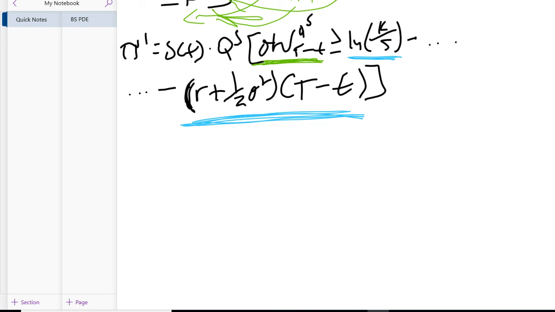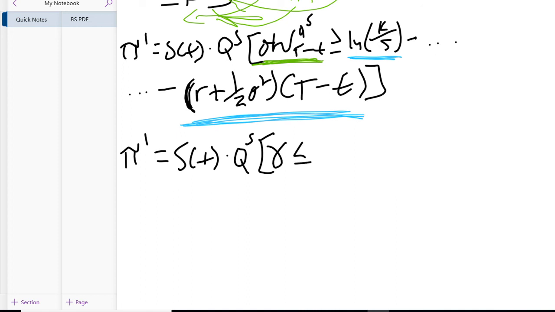So I'm going to flip the sign and therefore negate the other side, leaving that pi 1 is equal to S little t times the Q^S probability that some standard normal random variable gamma is less than ln S over K plus, finish down here, plus (r plus 1/2 sigma squared)(T minus t),